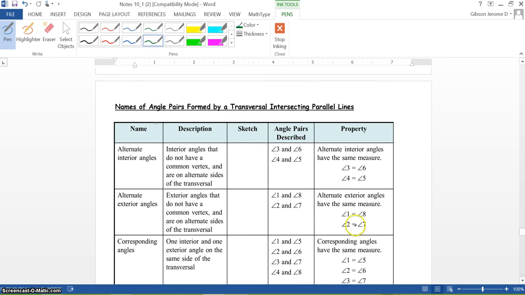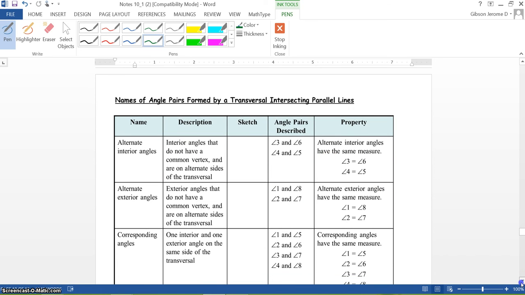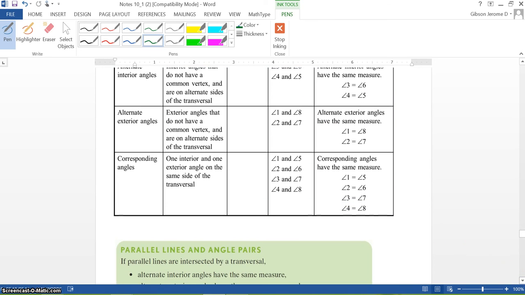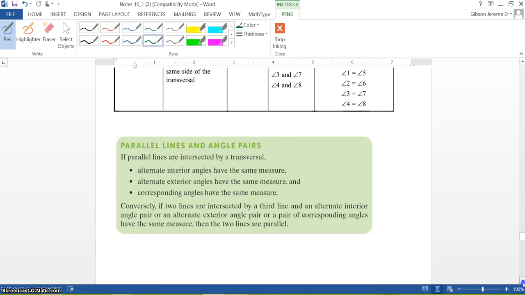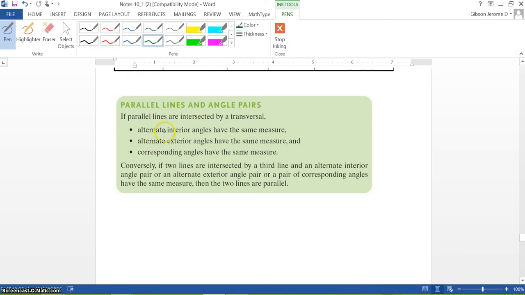Now you can read this table at your leisure. It goes through how these values are congruent to each other. Now parallel lines and angle pairs. If the parallel lines are intersected by a transversal, then the alternate interior angles have the same